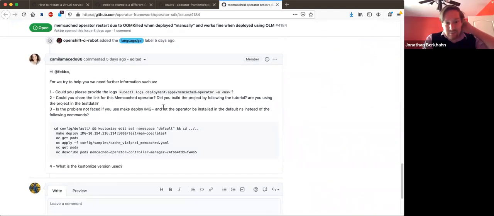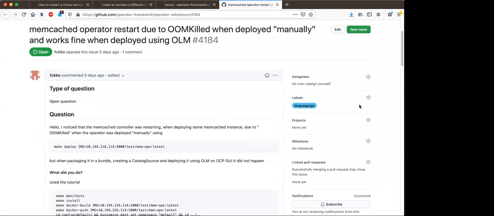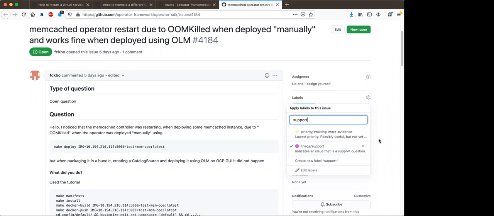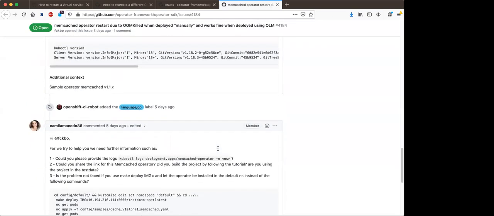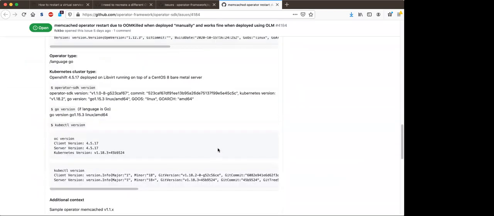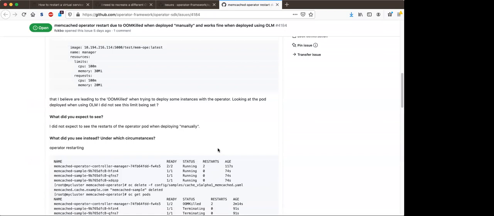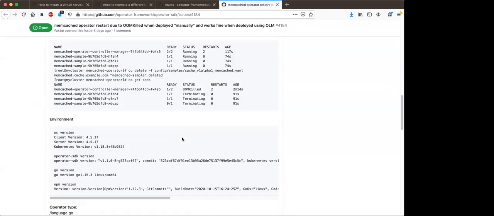Yeah, because we need more information, like which Memcached operator he is trying to use, the sample or the test data sample, or whether he creates a Memcached operator from the documents. And what is the error actually, because it doesn't have the logs, if I'm not wrong.